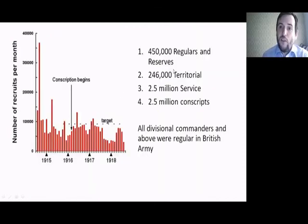And just to give you an indication of what the British Army was like in 1914, there were 450,000 regular soldiers. That's what I mean by full-time soldiers and reserves. In addition, there were almost 250,000 territorial soldiers. And in addition to that, 2.5 million men joined the war in service battalions, or they volunteered,